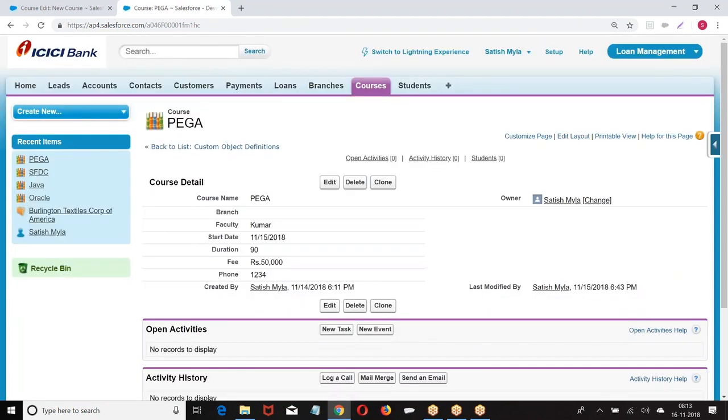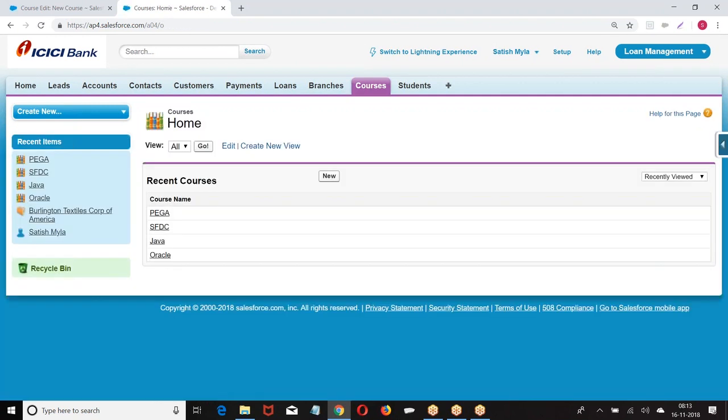If the page is lengthy, if there are 70 fields, then I cannot scroll up and save it. Now look at this. First we will start with the search layout.